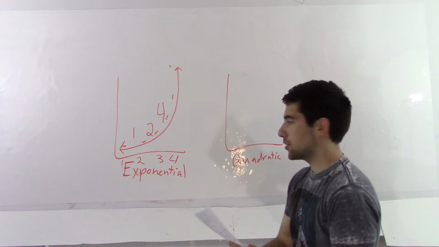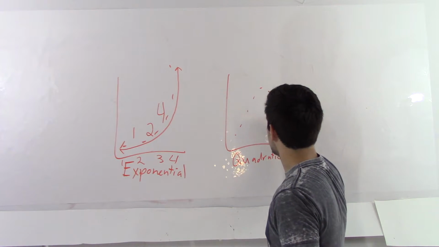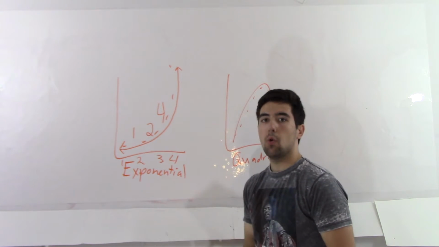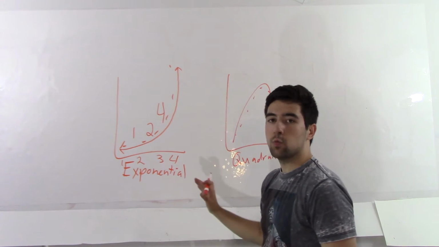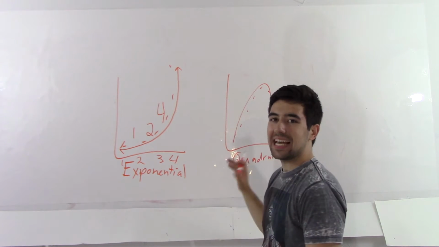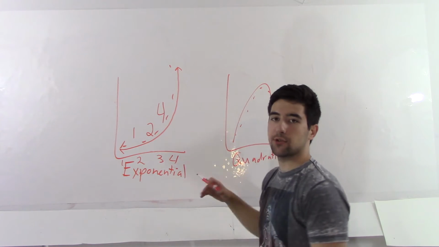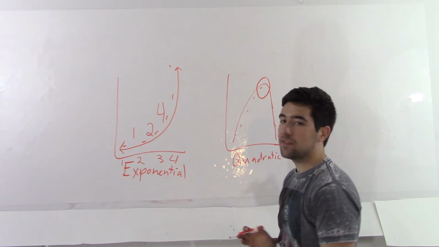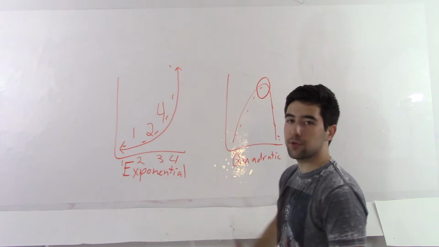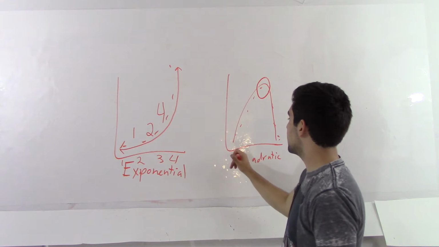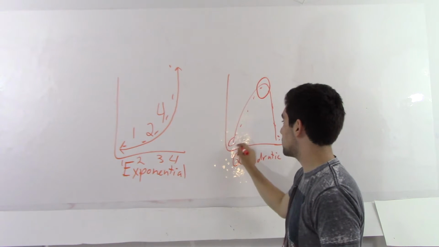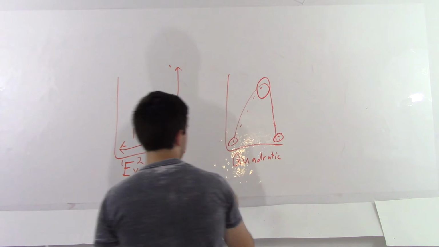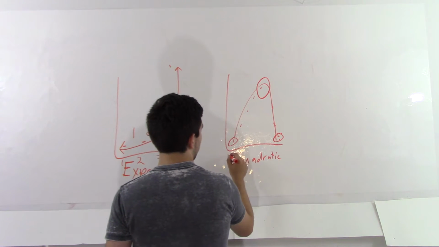A quadratic scatter plot is also going to show us something important. If you can see the trend is like this, what it's going to tell us is that when you increase x, it isn't always going to show an increase in y, and that you're going to have a value of x that has the best rate for y, and you're going to have two values of x that show bad rates for y. So let's say this was x represents the amount of plant food